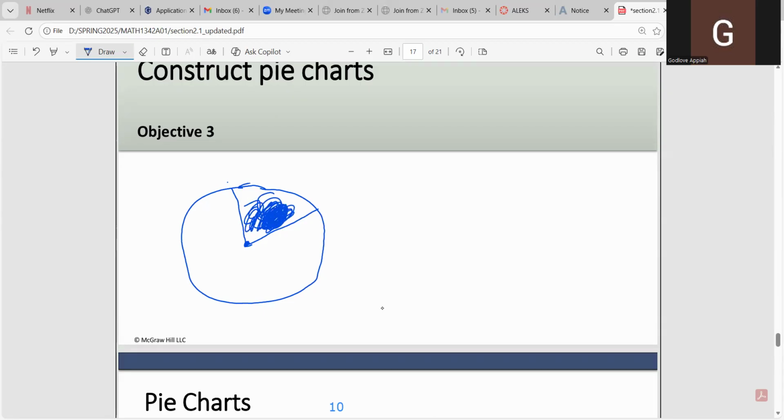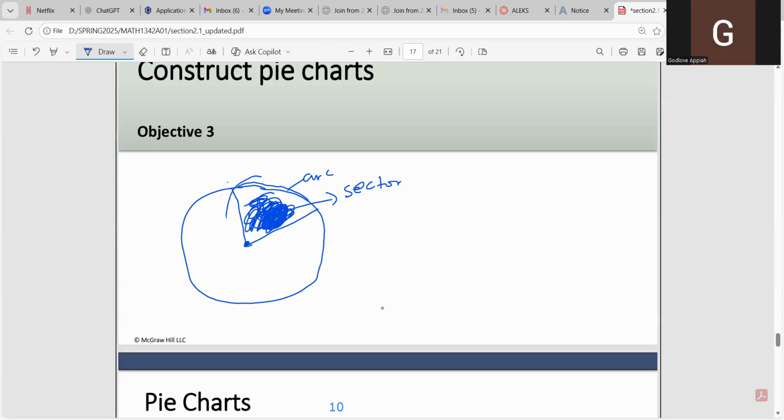This portion of the circumference is what we call the arc. So this shaded portion is enclosed and surrounded by two radii and an arc. The shaded portion is what we call a sector. A sector of a circle is just a portion of the circle that is bounded by two radii and an arc. A pie chart simply ensures that each category in the data set is represented by a sector of the circle.